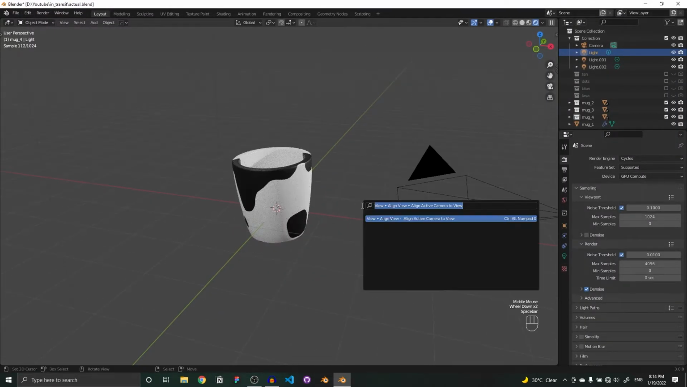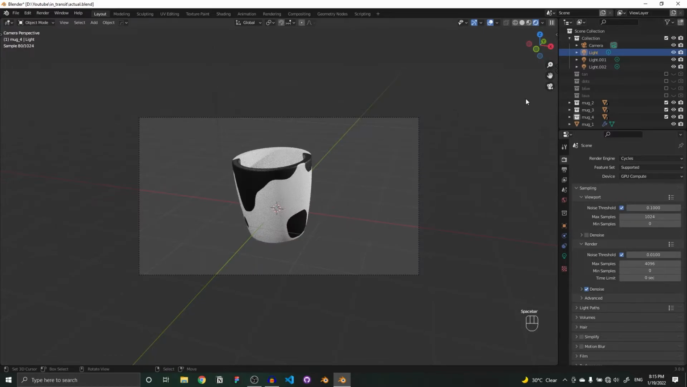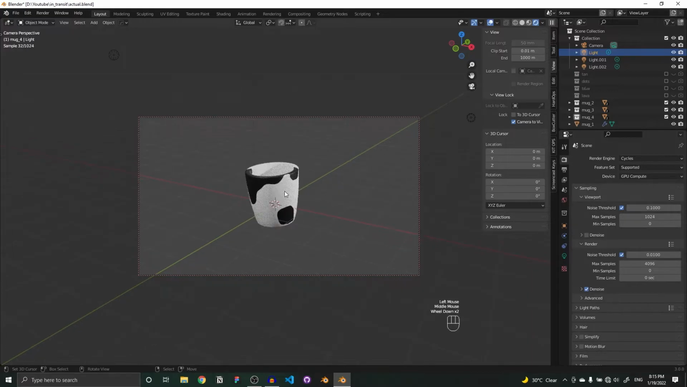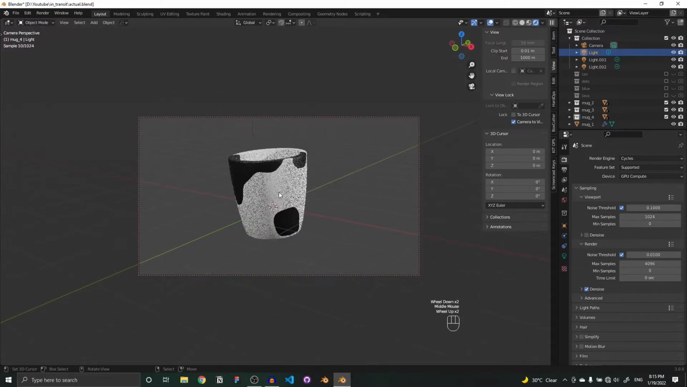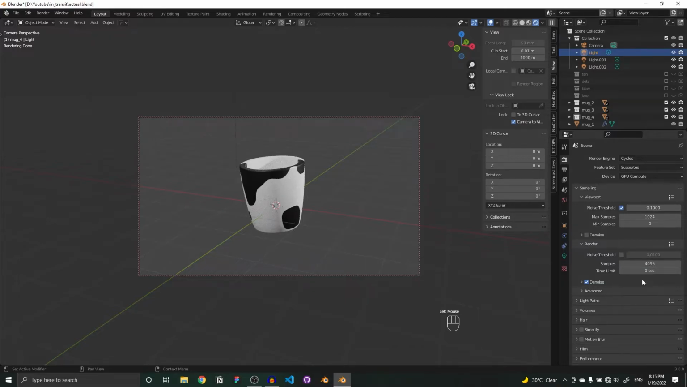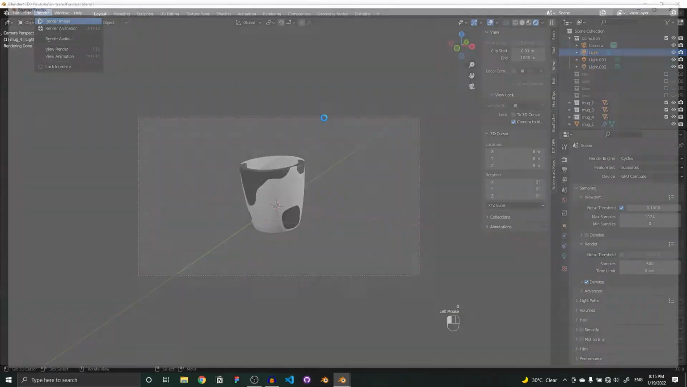So let's just spacebar, align camera to view. Click on N in the view, lock camera to view, and I can just reduce the size a bit so that it looks really interesting. Alright. Now, you can render this image, but 4096 samples is going to take a long time to render. So I'm just going to remove the noise threshold and reduce the samples to, let's say, 500 to make things way more faster for the time being. So if I render the image,